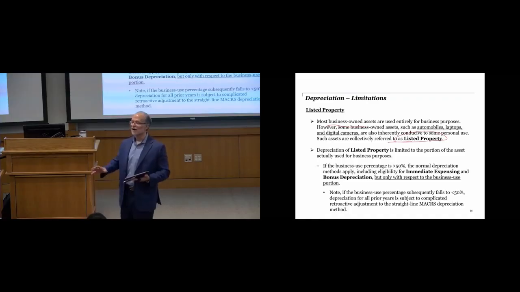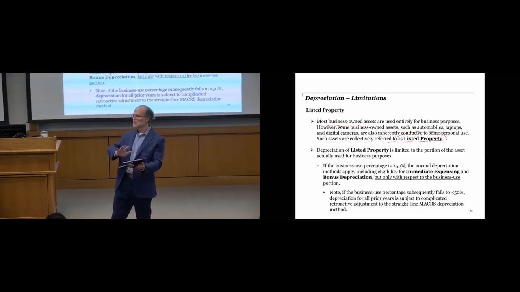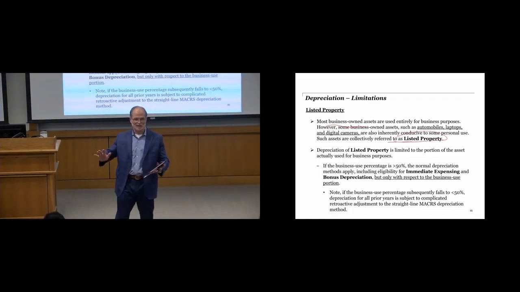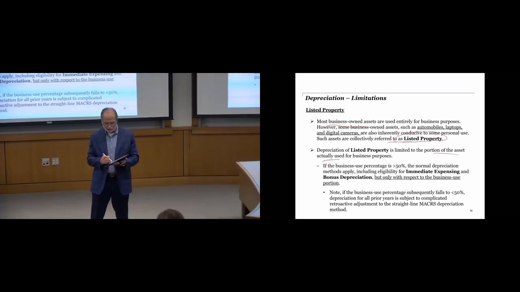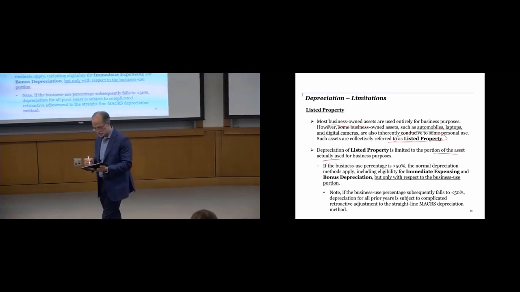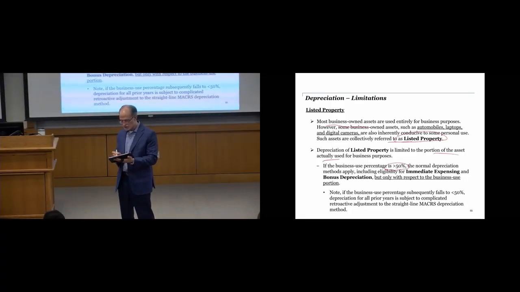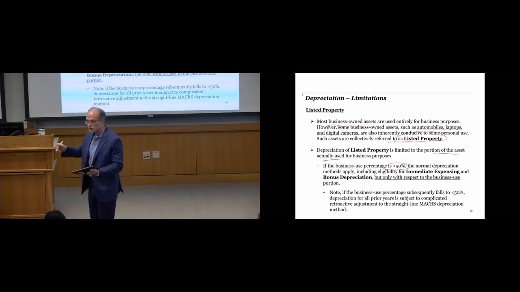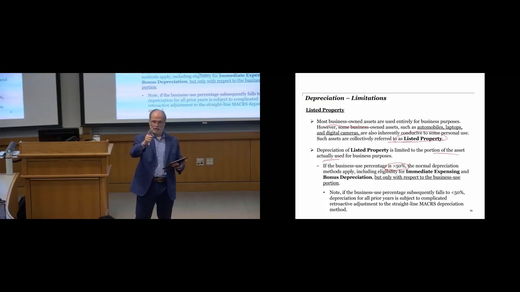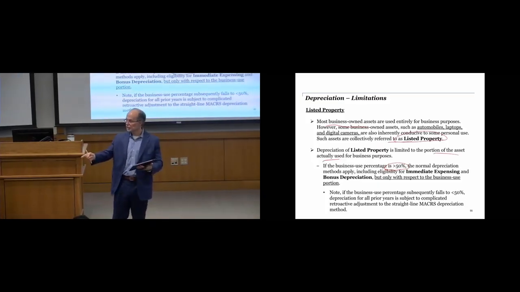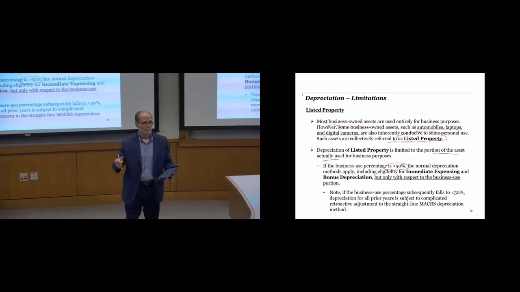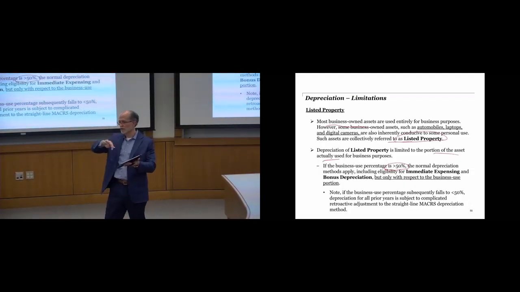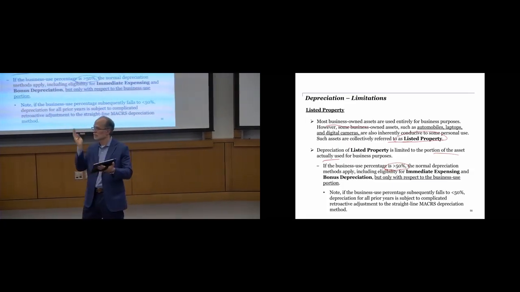So, there's a practicality of how to be compliant with these rules, but the law is the law, right? That's what they're trying to do. Okay, so it's limited to the portion of the asset actually used for business purposes. If the business use percentage is greater than 50, the normal depreciation methods apply, including immediate expensing and bonus depreciation we talked about, but only with respect to that business use portion. Okay? So just bifurcate the asset between the two uses, and the business use goes through all the